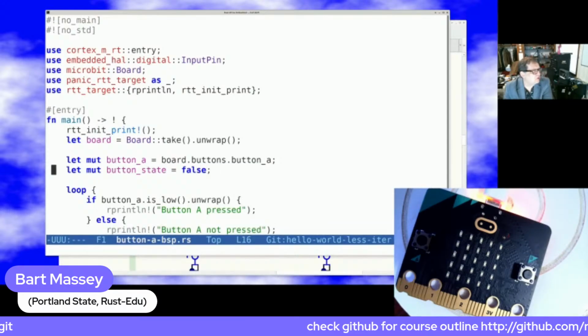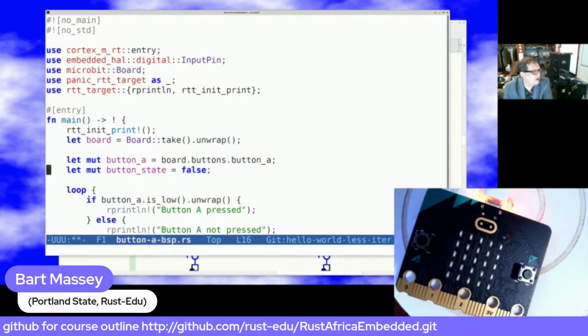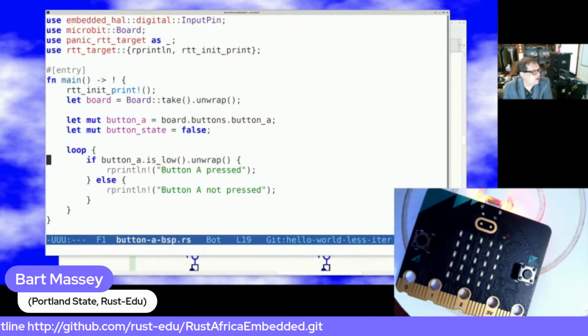So this is what's called a Boolean variable. It can be either true or false, right? The type here would be bool if we put an explicit type. And that's useful. And we're going to go ahead and say,